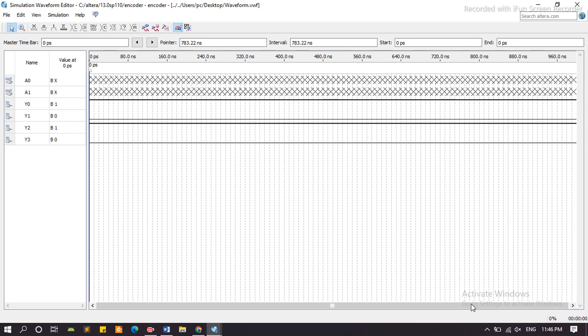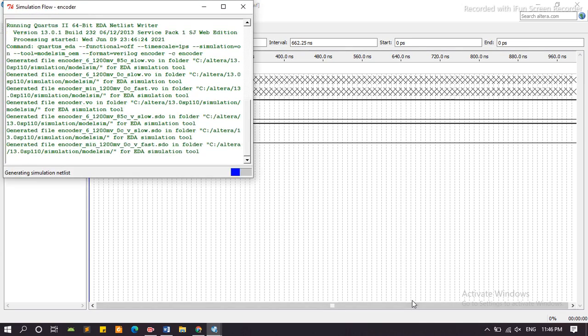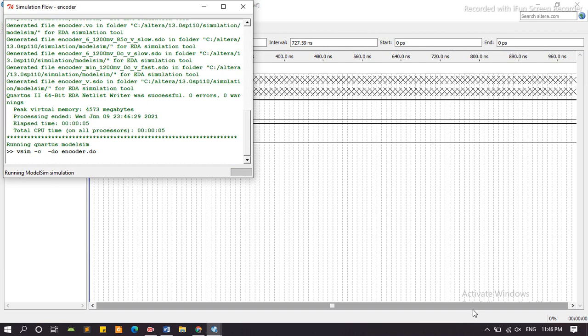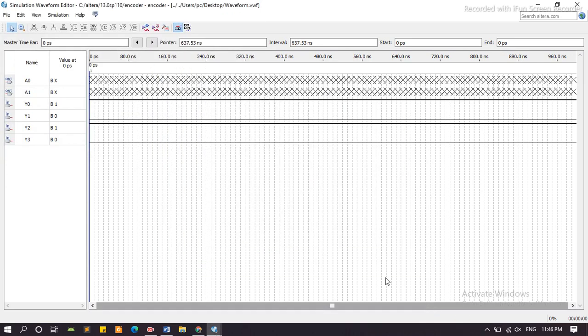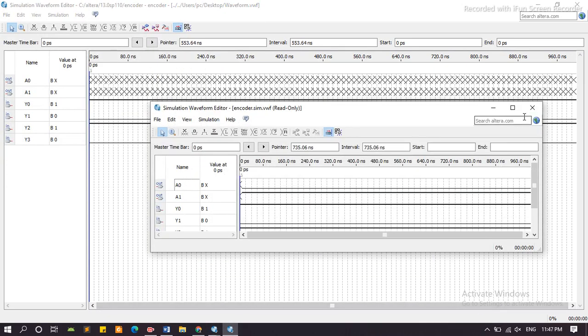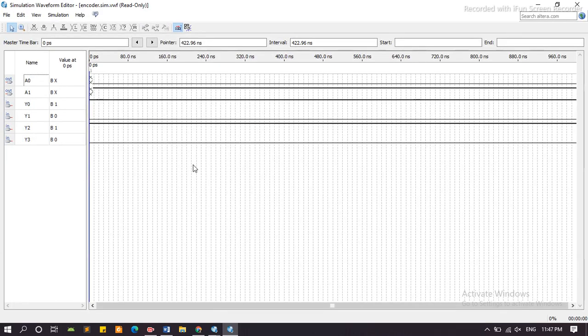It takes some time to compile. We can see from here it shows the result A1 is equal to 1 and A0 is equal to 0,